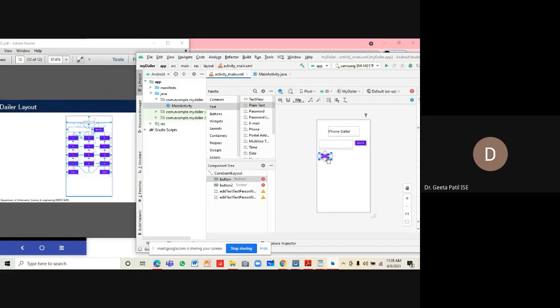We have to change the name and other things. Okay, all the buttons are created.